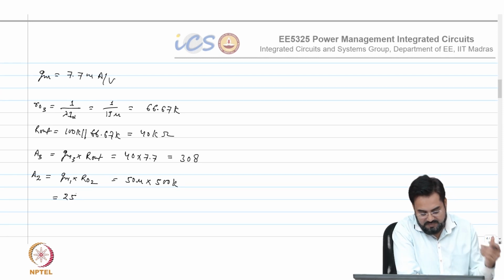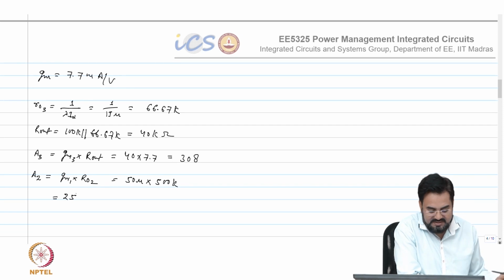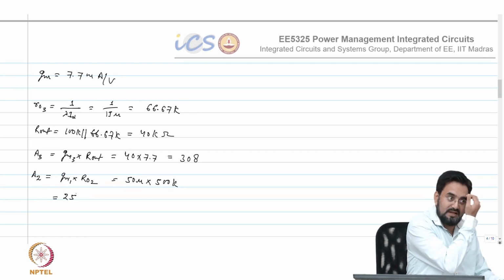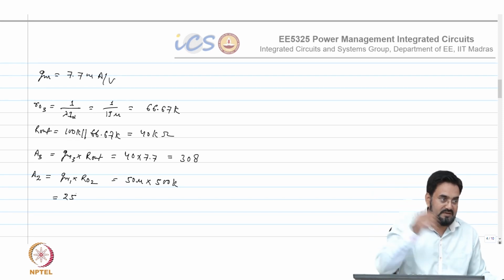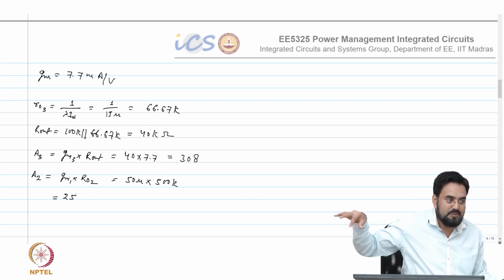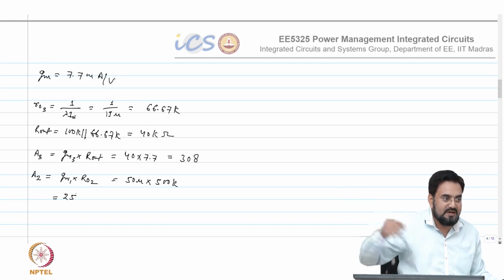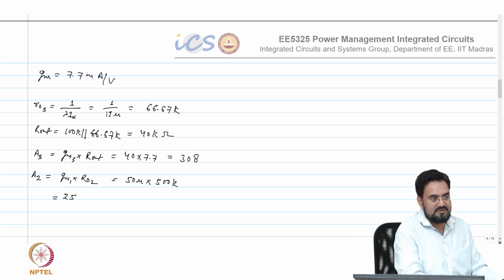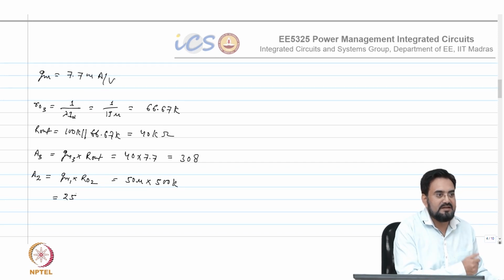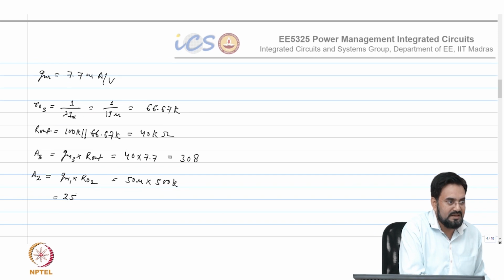And if you calculate the same output stage gain at 10 milliamp, you will see that it will drop, because your R out will be smaller. Even the gm will increase a lot at 10 milliamp because it is proportional to the square root of your current. But since R out is inversely proportional to ID and gm goes as the square root, your gain is inversely proportional to the square root of the current. So gain will drop. If you increase the load current 100 times, your gain might drop by 10 times or so.